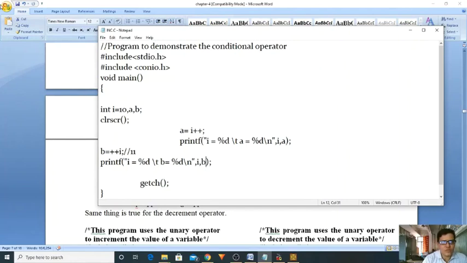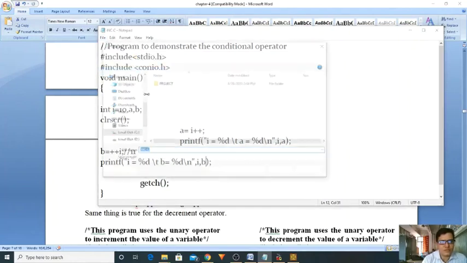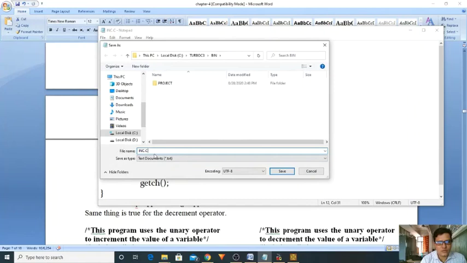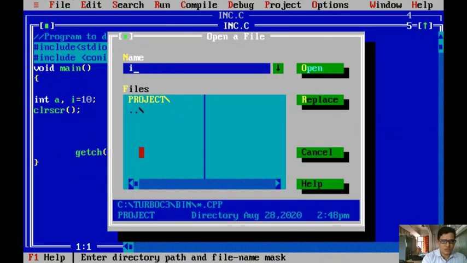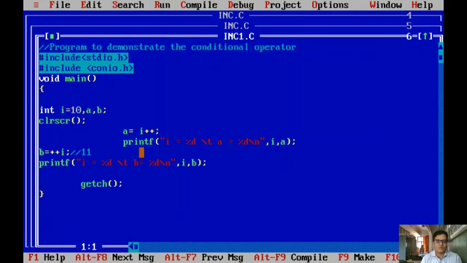Let me save this file as inc1.c. I'm coming to my editor. Alt enter for the full screen. I'm opening my file inc1.c once again. Yes, this is our file, right?